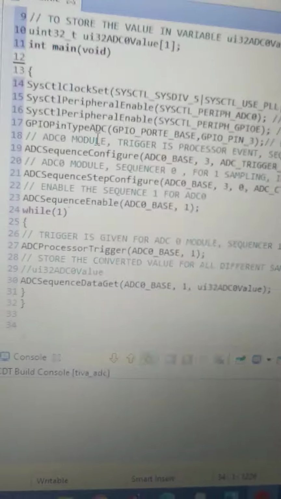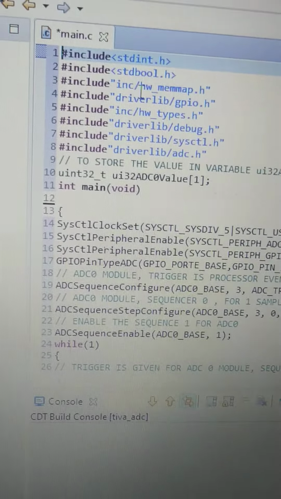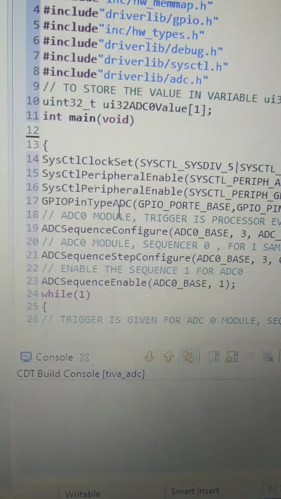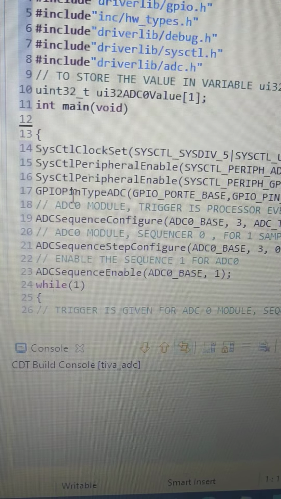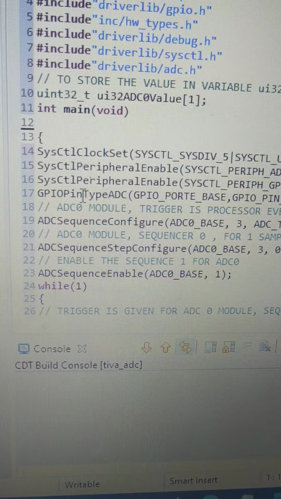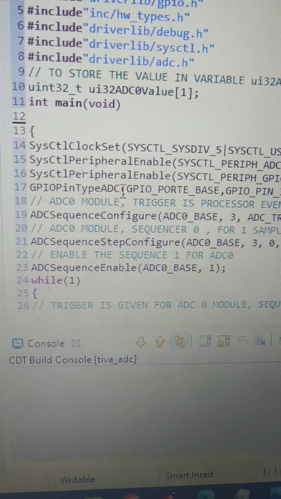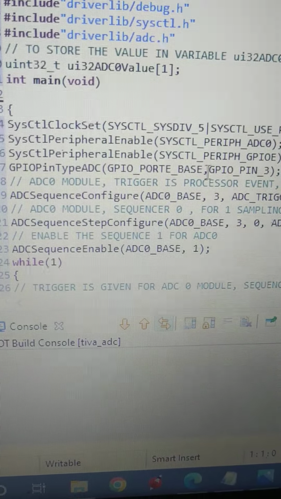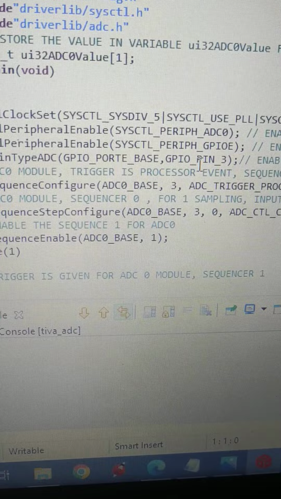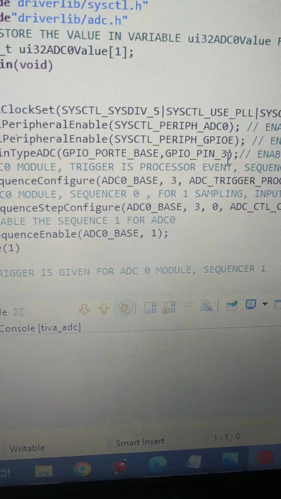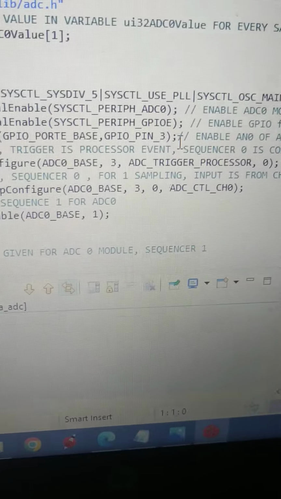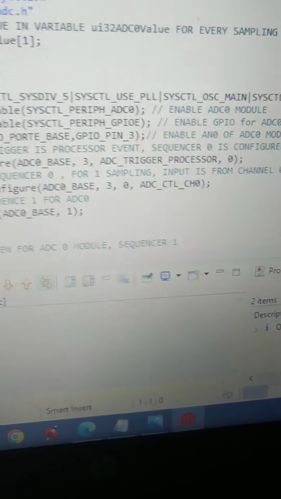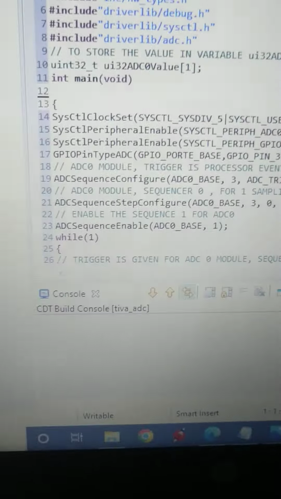So this is the code for ADC. These are the libraries required. To use this, we have to use the GPIO function of type ADC. We know that this is connected to port E, GPIO port E, pin 3, which is used to enable the ADC0 module.